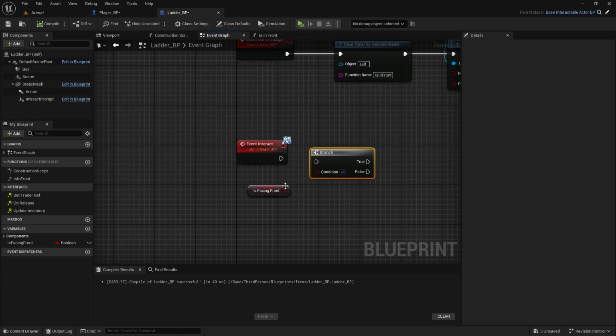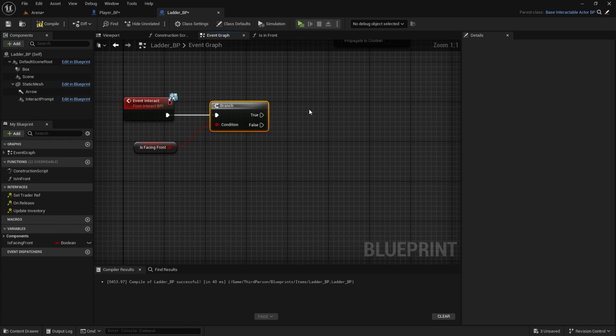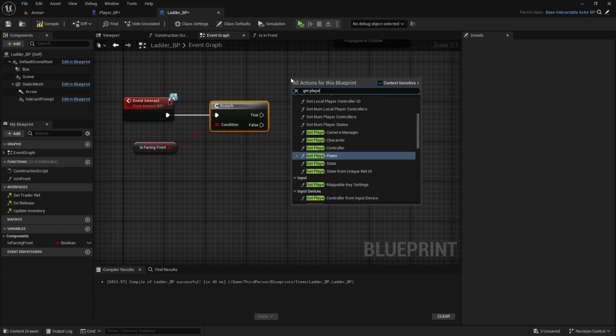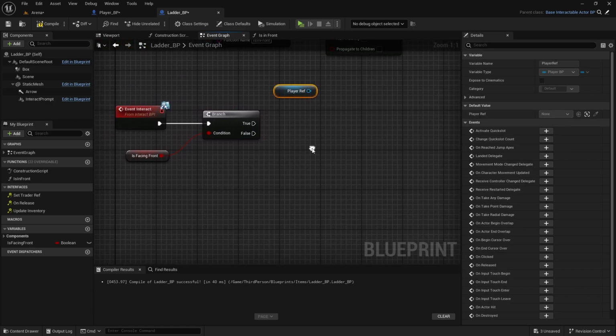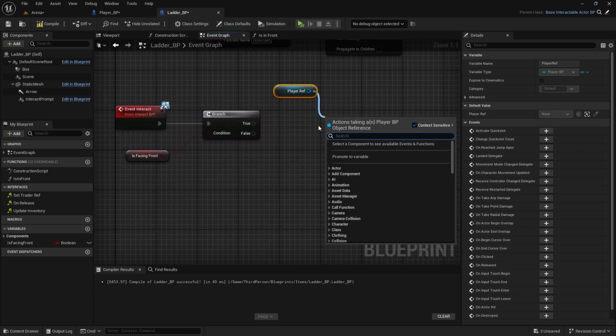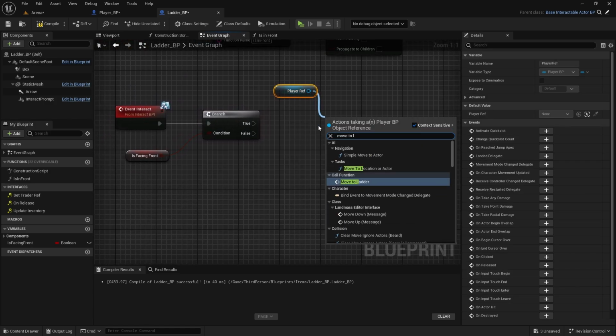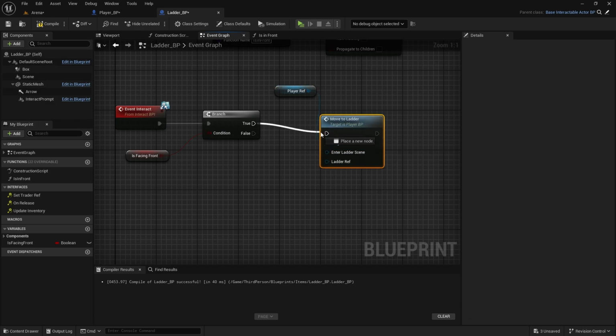So here, if we are facing front, we're going to get player reference. We don't have it here because it's only in the parent, and we're going to call move to ladder on true. For enter ladder scene, we have this scene,